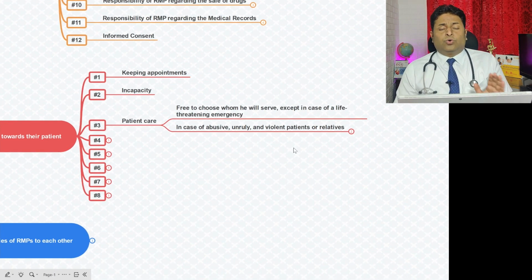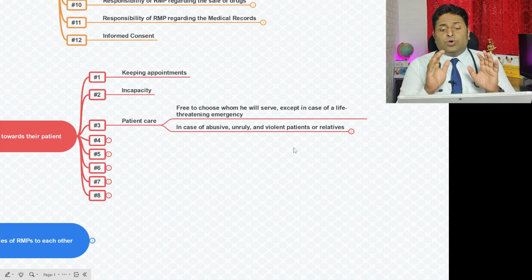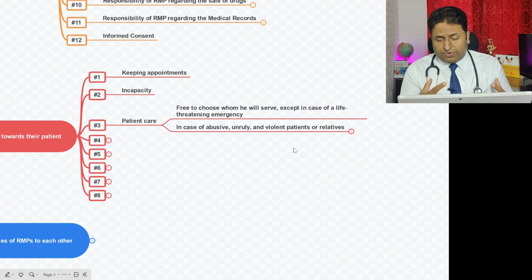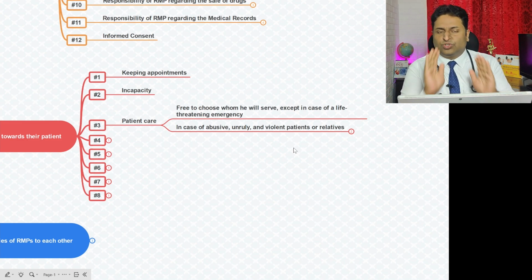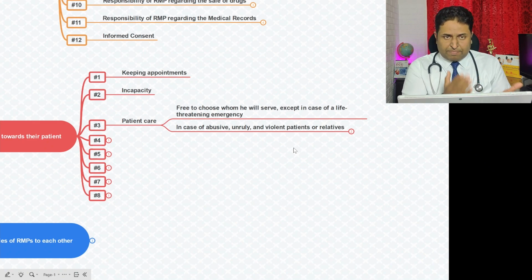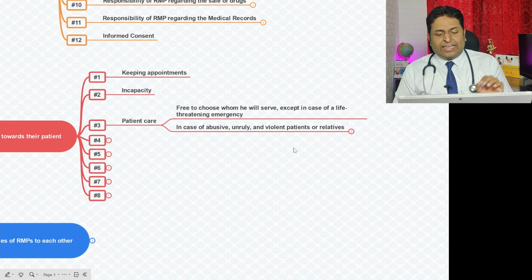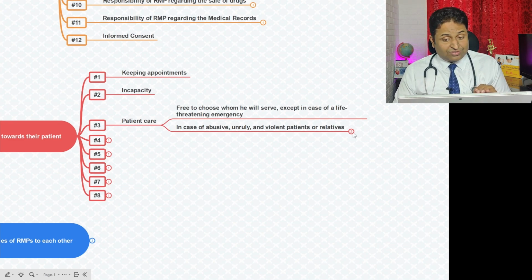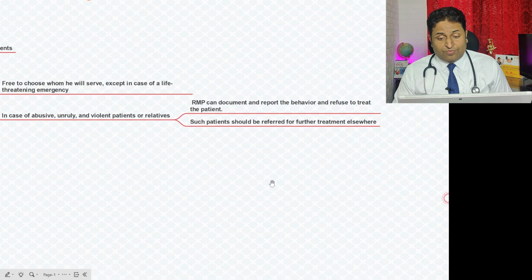Okay, so you're free to choose whom you will serve, except in case of life-threatening emergency. In life-threatening emergencies, everyone has to give proper care, right? But if not, you're free to choose whom to treat, whether to take as a patient or not. And second thing is, in case of abusive, unruly and violent patients or relatives, good point, which you come across,